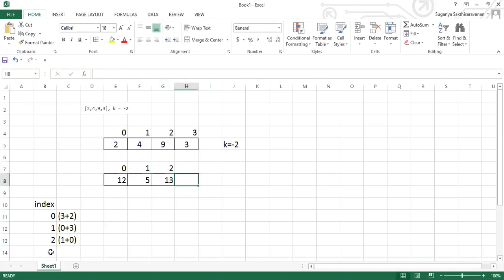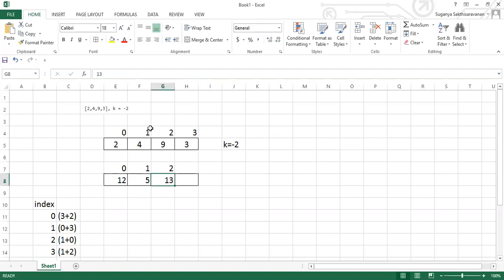And the same way for the third index. The previous two values are 1 plus 2, so the second index plus the first index. So here we'll have 9 plus, am I right? Sorry, did we write the previous case wrong? Yes, 4 plus 2, right? Guys, what happened? No one has told me. 4 plus 2 for the second index.